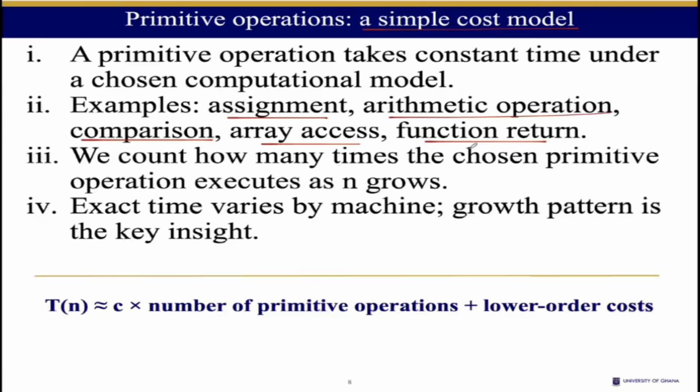So we count how many times the chosen primitive operation executes as n grows. The exact time varies by machine, and the growth pattern is also a